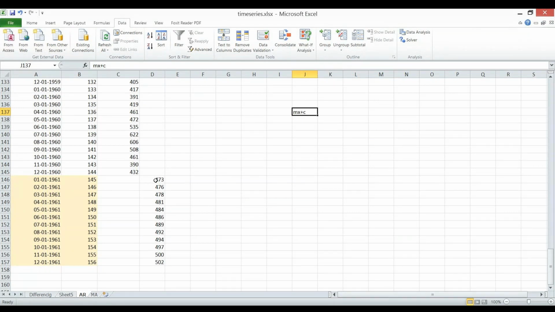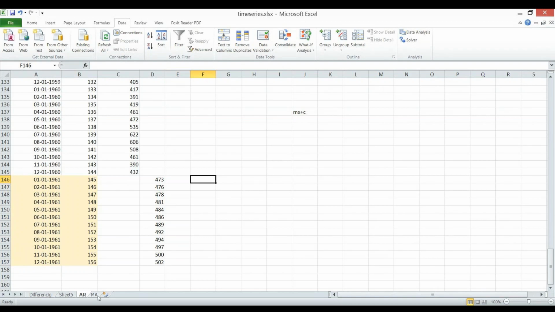and we have put those values in here, and this is the prediction for the 145th day using the data from the first day till the 144th day. So what prediction came for 8 January 1961? 473. Similarly, for the second, 476, and 478 and so on. So these are our predictions. So what did auto regression do in the backend? It applied linear regression, and using all those values, predictions were made by taking the historical data into consideration. Okay, so this is the concept of auto regression.